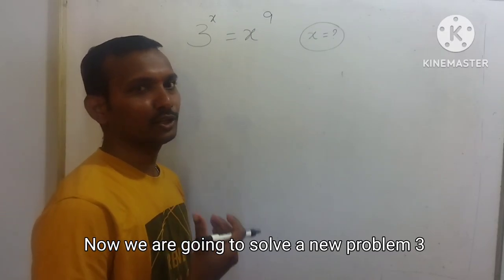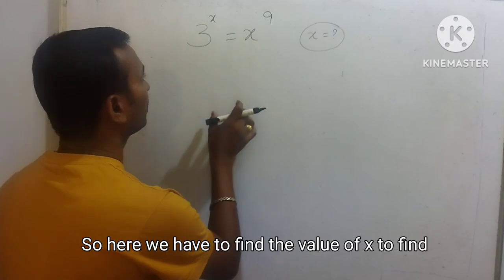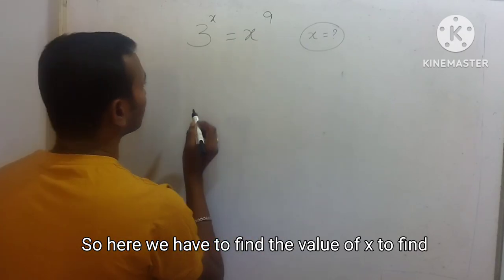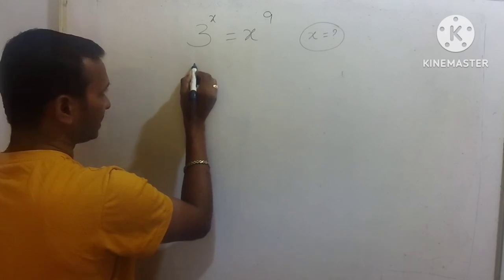Now we are going to solve a new problem. 3 power of x is equal to x power of 9. So here we have to find the value of x. To find the value of x, what do you do? Take a new power, that is